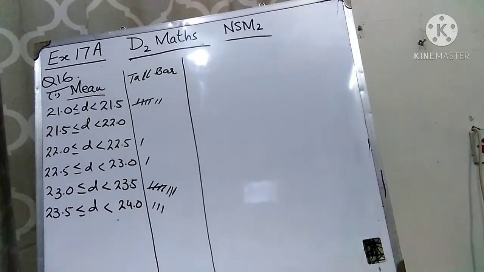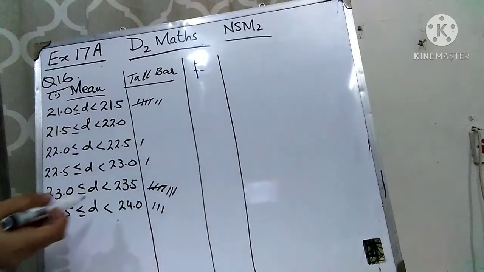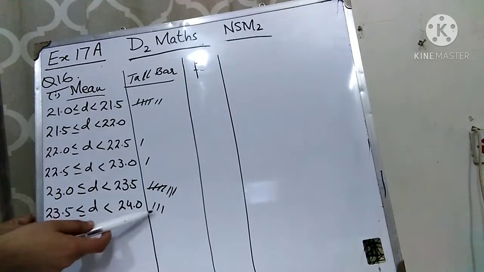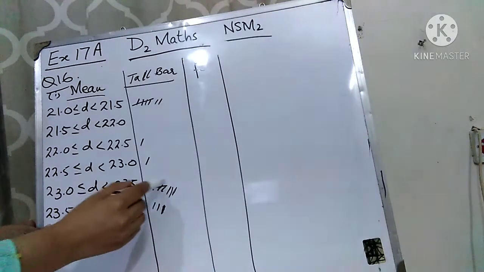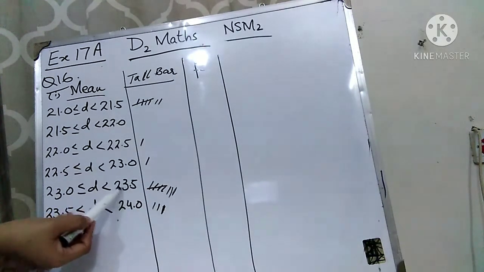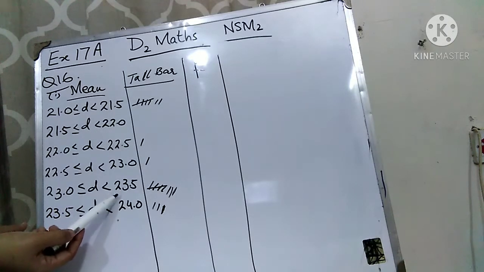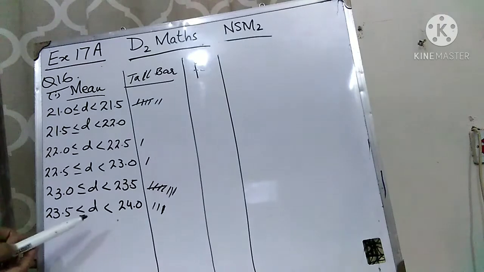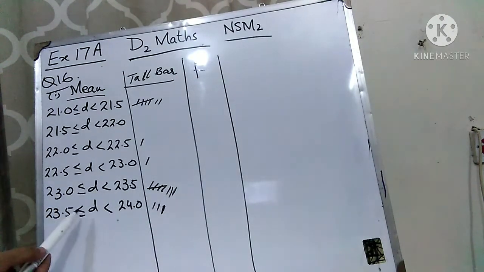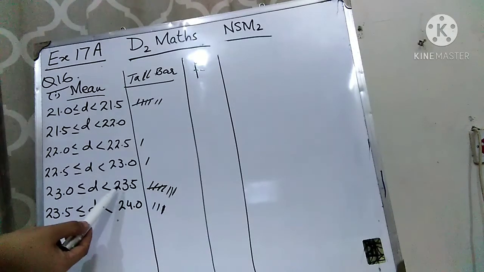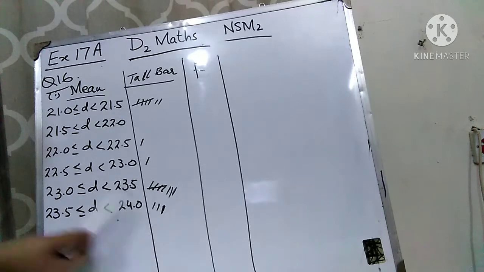Okay. Now, students, write down the frequencies. Here's the tally bar where we have drawn the tally. Now we'll write the frequencies. Students, if it's 23.5, you will draw the tally over here. I have drawn one tally over here and removed it from here because it is less than 23.5. Till 23.4 you will draw the tally in this column, and then for more than 23.4 you will draw the tally over here. From 23.5 to 24 you will draw the tally over here.